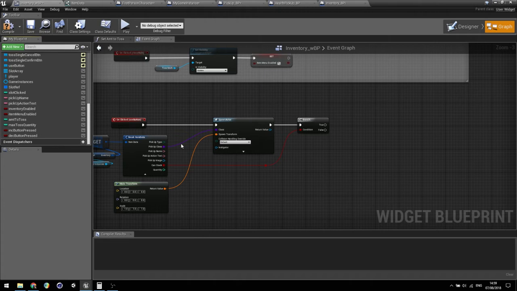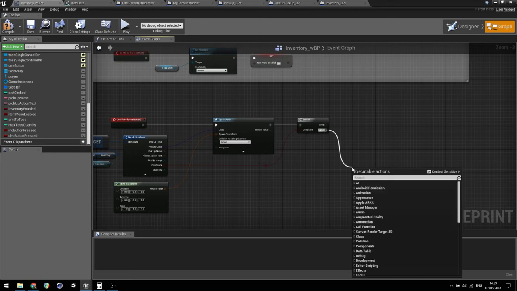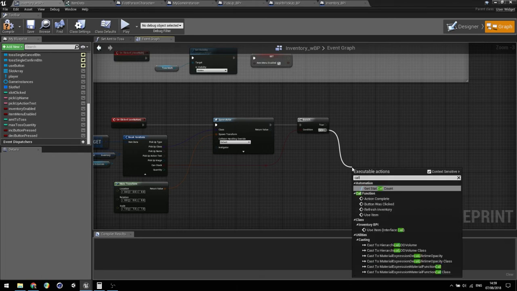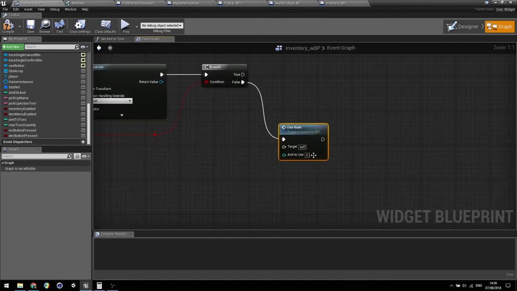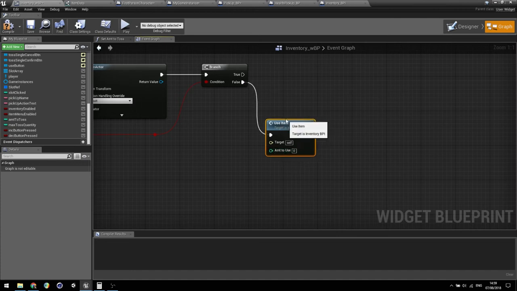So if the item is not stackable, then from the false branch, we're just going to run our call use item to actually use it. Now you can see that there is an amount to use to feed in. Because we're using this for singular items, we don't actually need to add anything in here into the amount to use,